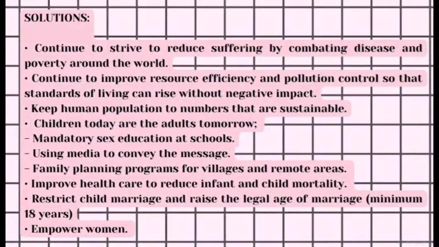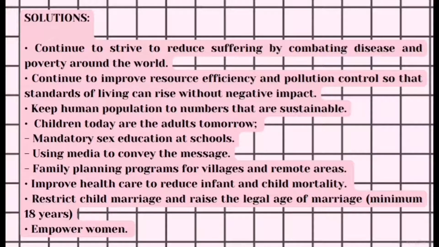And lastly, we also have the solutions. One of the most effective steps we can take to reduce our collective environmental impact is to choose a smaller family size and empower those who can't make that choice freely to do so. A little less makes a lot of difference. So, if that happens, our population will be smaller than it is today and we can also bring the birth rates down. Although the population growth in the 20th and 21st centuries skyrocketed, it can be slowed, stopped, and reversed through actions which enhance global justice and improve people's lives.